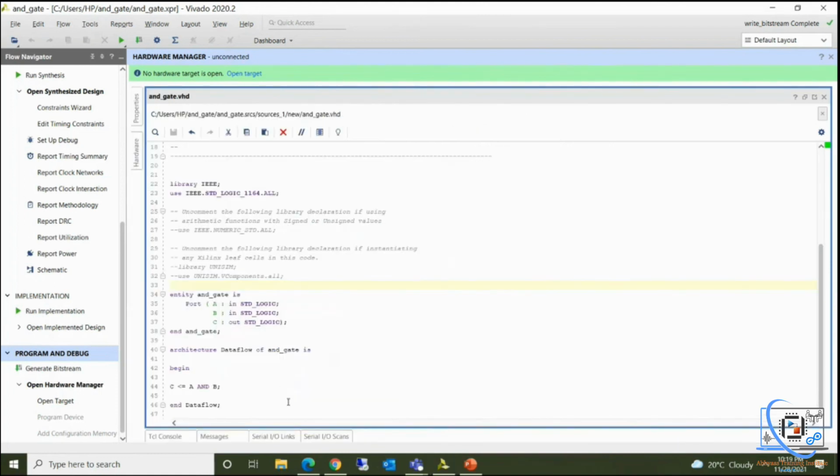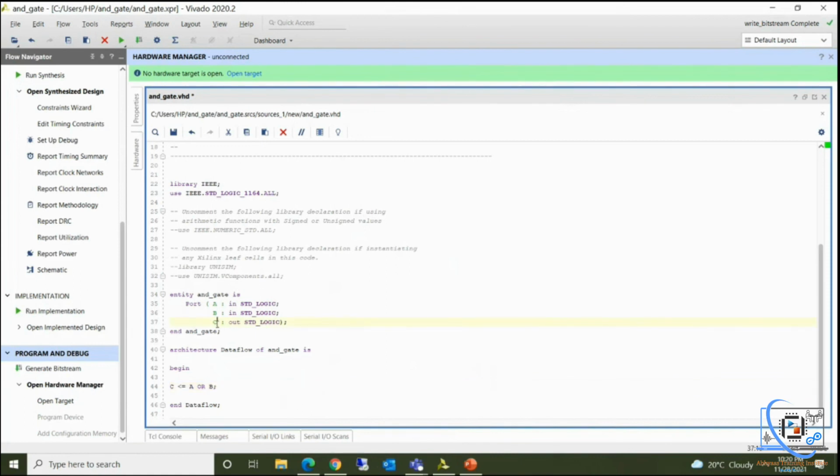In the same way, you can write VHDL code for other gates also. You can directly use NAND for a NAND gate. You can use OR for an OR gate. You can use NOT for a NOT gate.